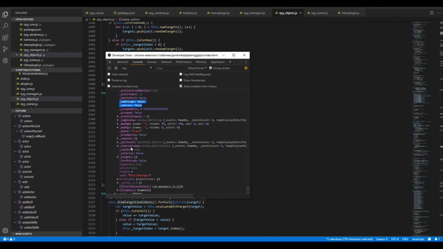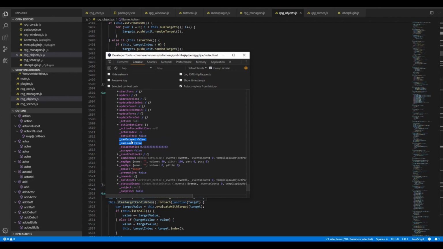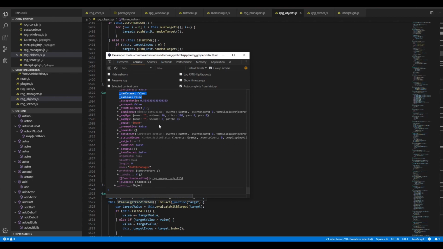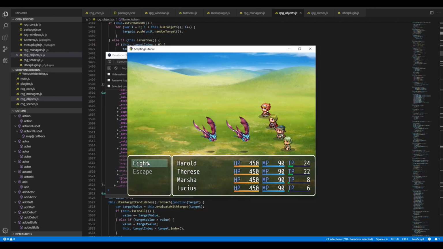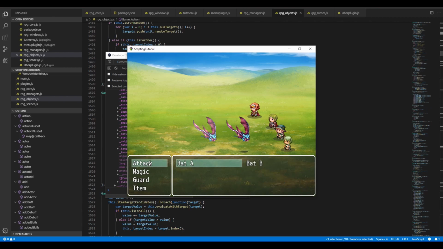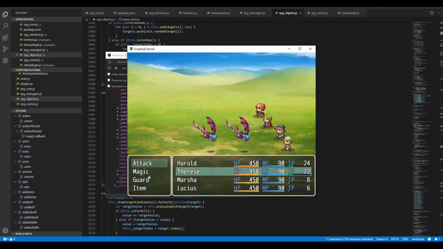And then there are many variables that are value dependent based on how the battle progresses. Nevertheless, you can see that the data is up to date because we have face input. And in fact, if I try to fight, and let's say I'll guard 4 times,